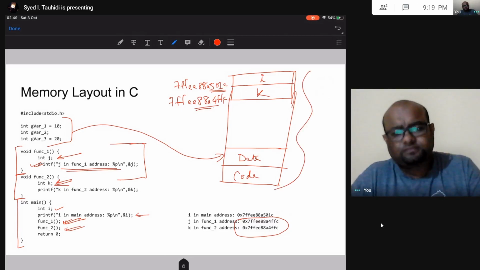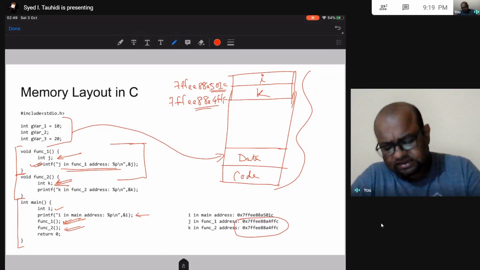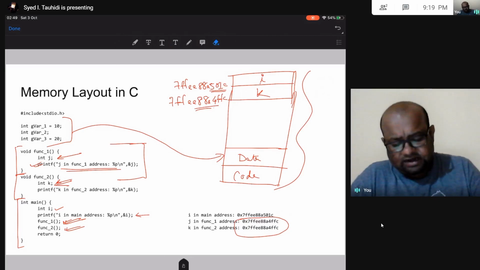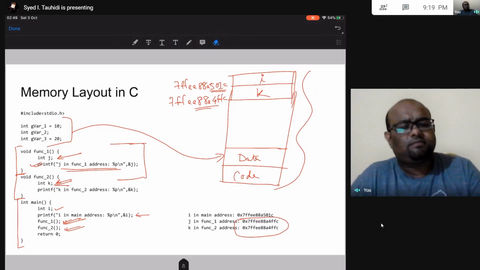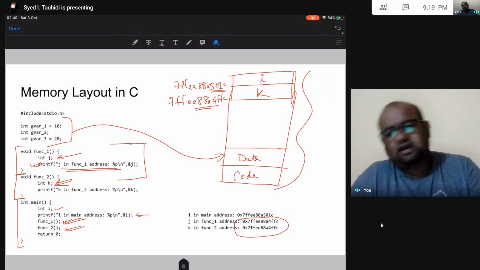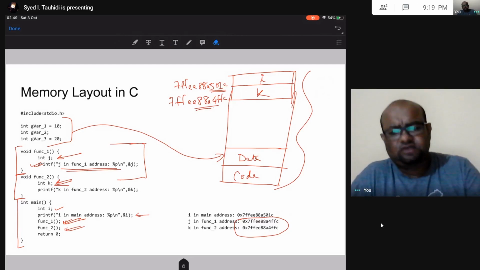So I was allocated some address, then k is allocated this other address. Now both j and k are given the same address, right? So when I print the address of j and k, I get the same address as my output. I suggest that you write down this program in some IDE and then compile it with a C compiler and look at the output for yourself. Of course, this is not the output that you will see.